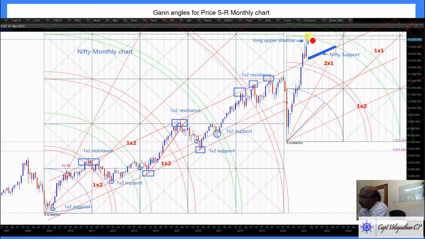So, from my point of view, it's time to book profit on the long positions and wait for the price to come down. And this is a strong support area. The support line is here. So whenever it comes to this line, buy. And how many months the price may go sideways, we don't know. It's a buying point.